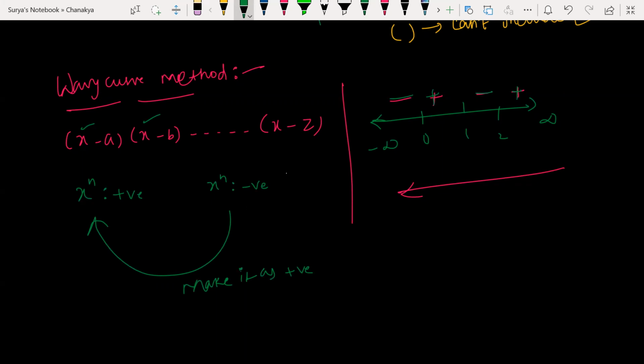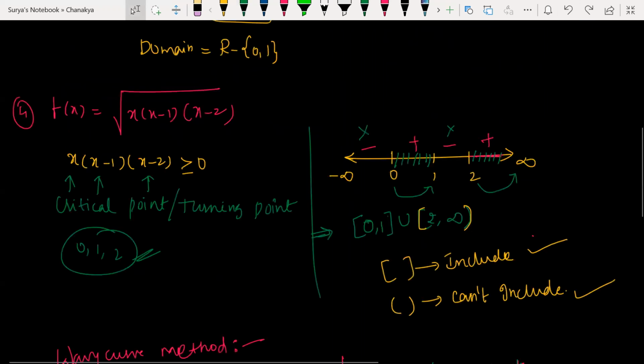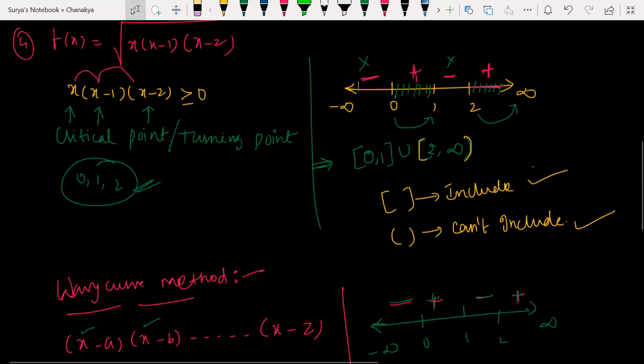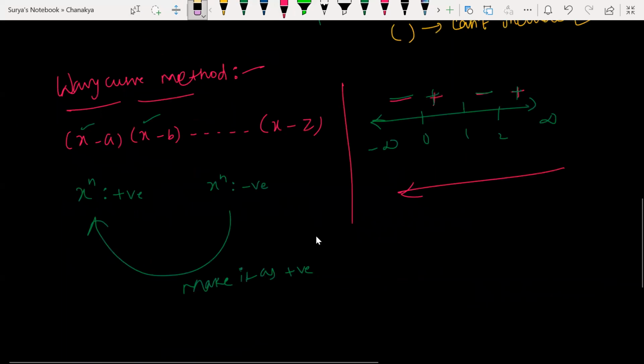Look at this. I need to write alternate signs like this: plus, minus, plus, minus, plus, minus. Alternate signs you need to write whenever you have positive power. See here, everyone try to understand: x into x square into x cube. 3 is positive here, yes or no? So I started from the right hand side. Alternate signs: plus, minus, blindly. That's it. This is what the Wavy method is all about, which is very easy for you all. We'll solve one question.